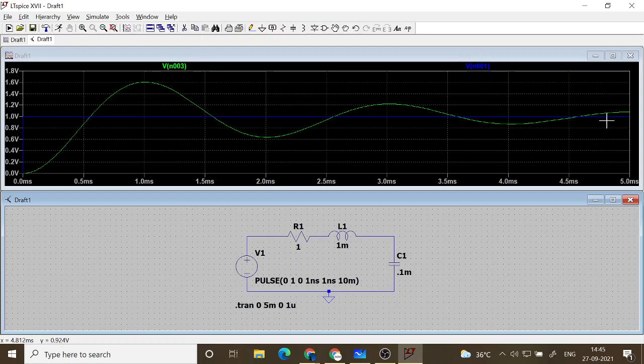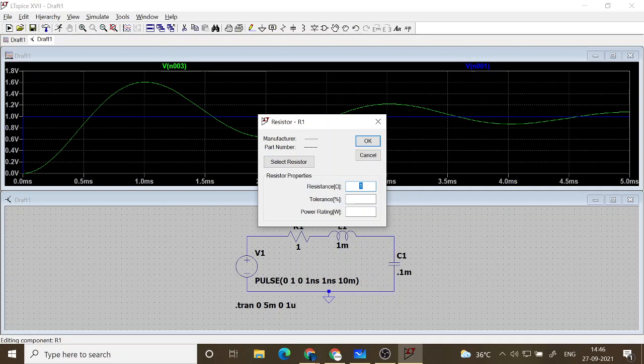Okay, so this is the variation. So I just reduced the resistance value. You see that all currents are in from left to right. Okay, so that's what I wanted. Okay, so different values of R. So this is 1 volt, and earlier was 1 ohm, and earlier was 10 ohm.